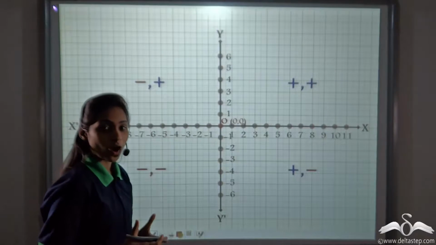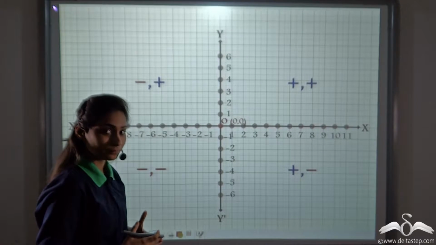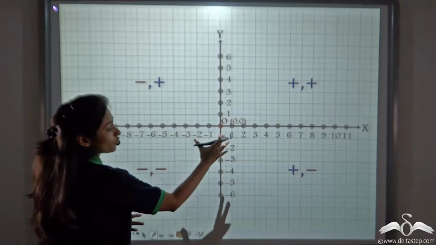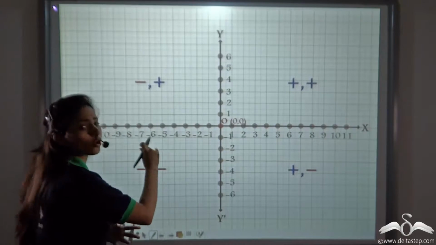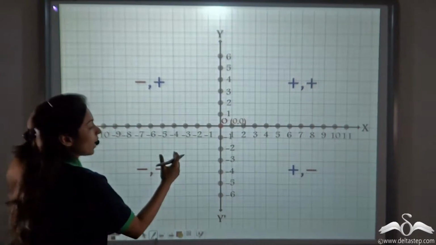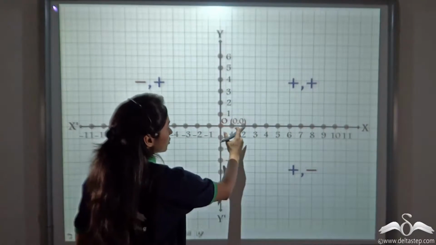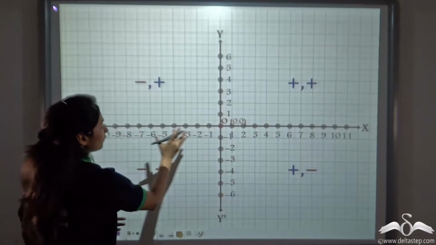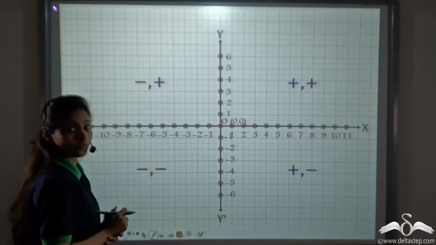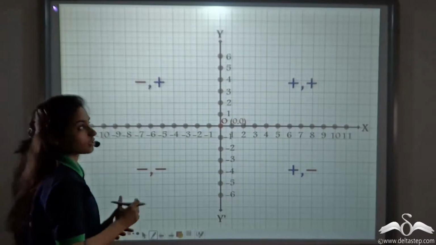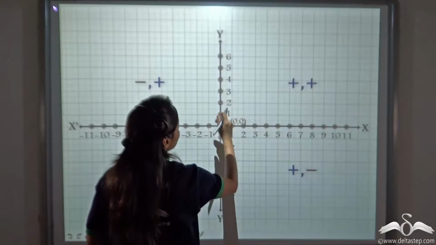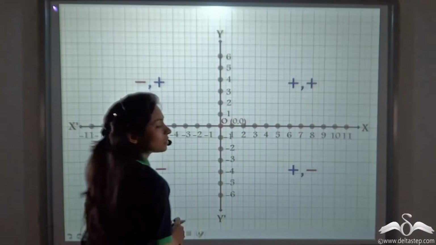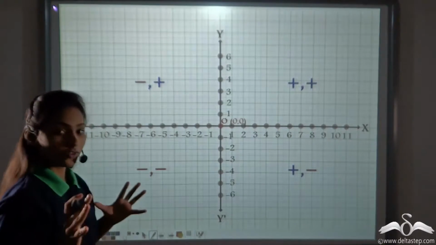You already know how to plot points on a graph paper, and you also know that to avoid the confusion of two ones or two fours or any two numbers, we had divided the numbers from the origin. That is, the right hand side of the origin as positive numbers and the left hand side of the origin as negative numbers, and the above, that is the forward side of the origin, as positive numbers, and the bottom side of the origin as negative numbers. So if you notice,